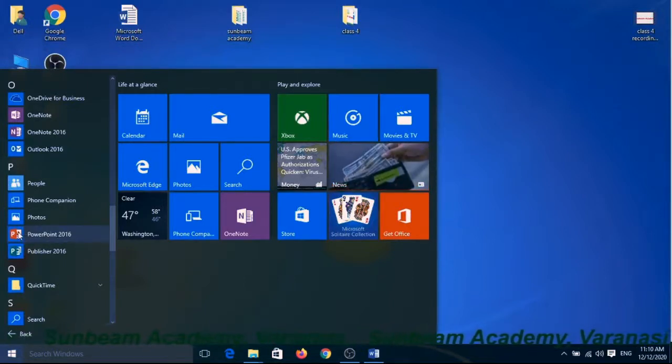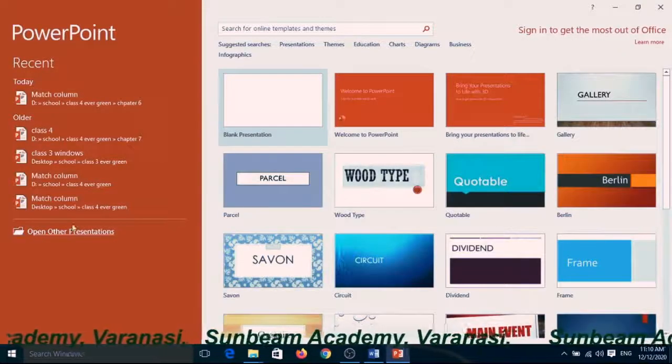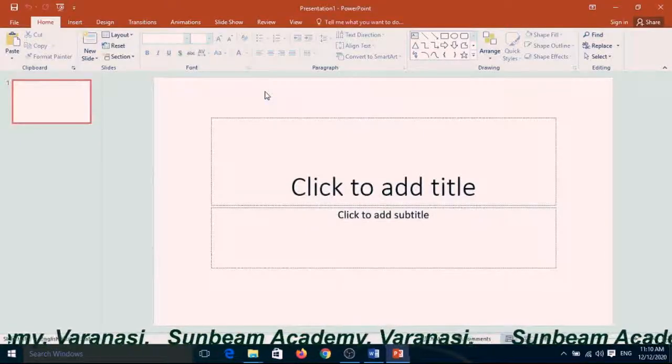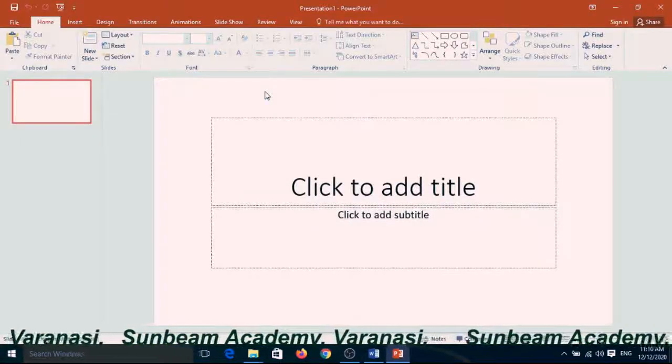Select this icon and press the enter button, or left-click the mouse to open. An option will appear, choose blank, and it will be opened. It is the first method to open.